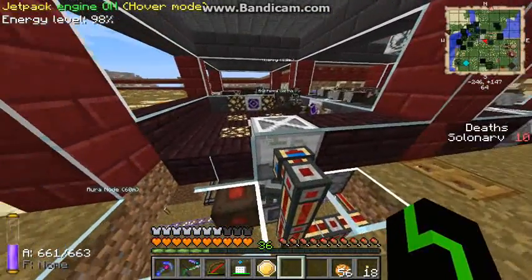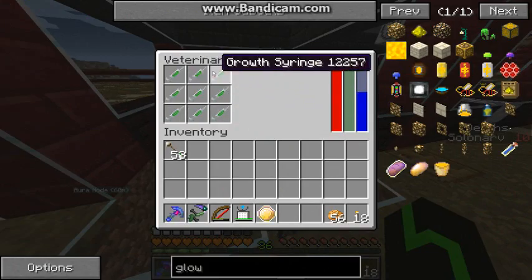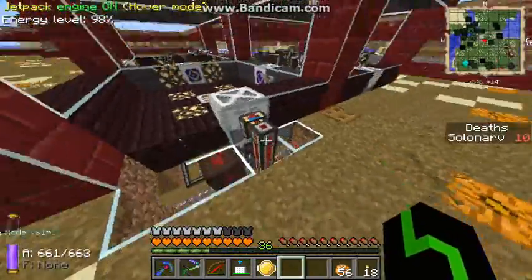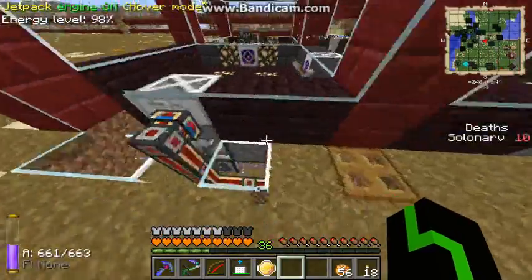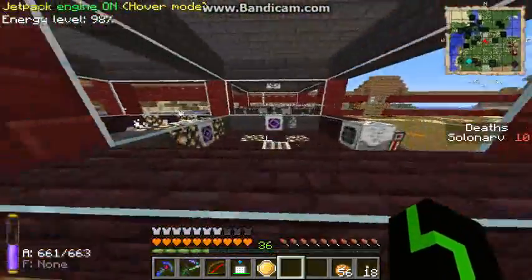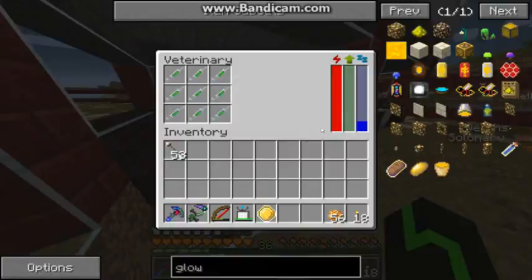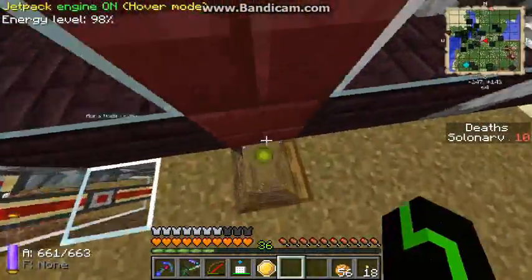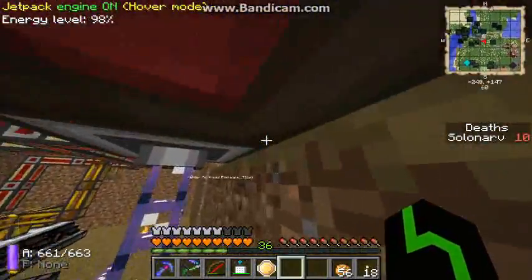I built this thing, which is a veterinary, which uses these syringes, which, well, I think I showed them last episode. And basically this block here just uses syringes on animals in a 5x5 in front of it. I'm not entirely sure if it takes them. No, it doesn't take range upgrades. And so what you need to do is you need to supply it with filled syringes and pull out the